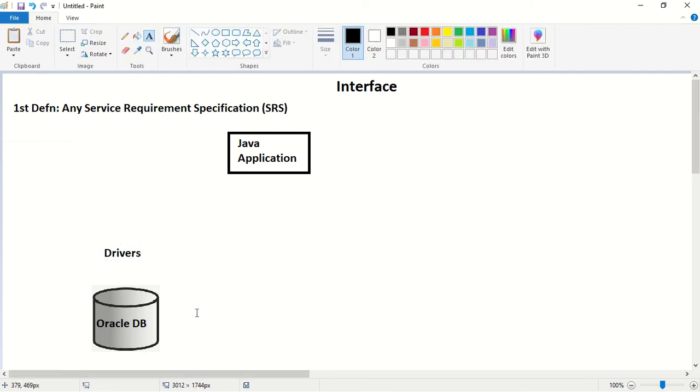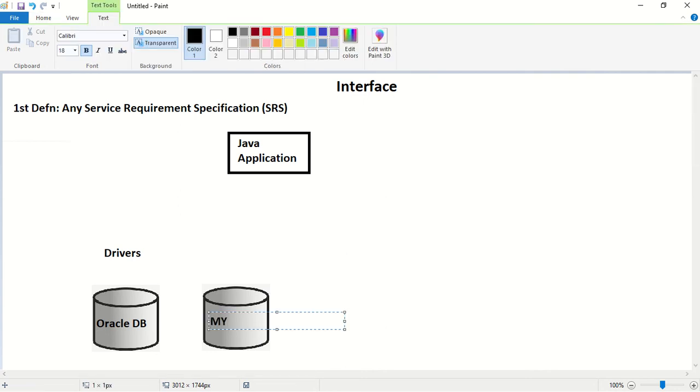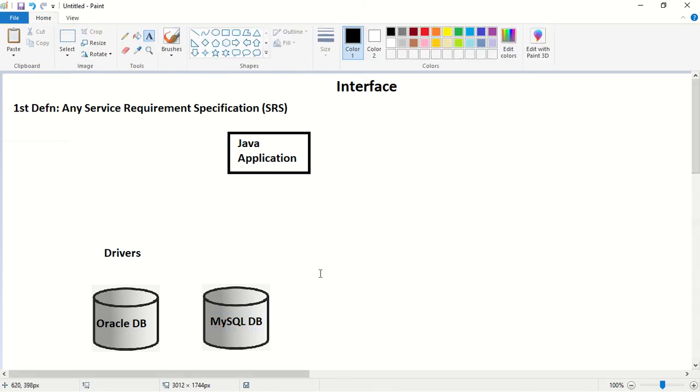Now consider my Java application has to make a connection with another database, that is MySQL database. To make a connection, we require drivers.